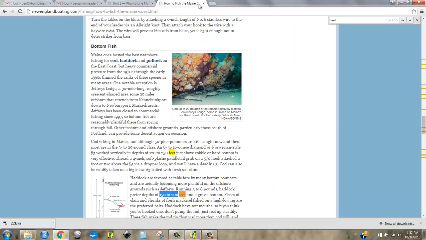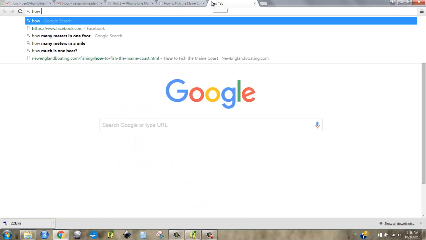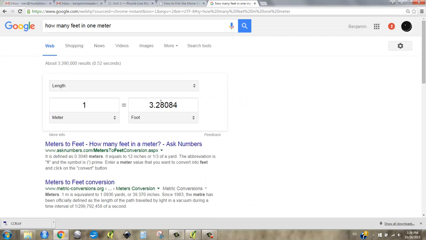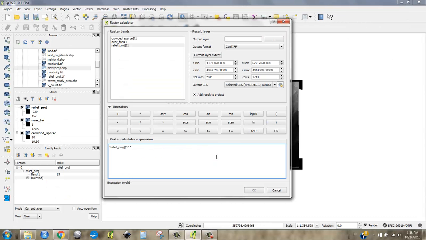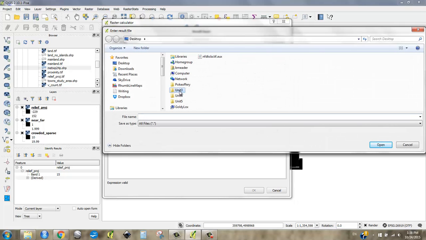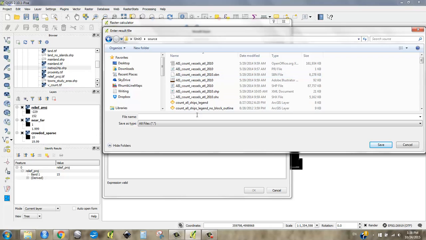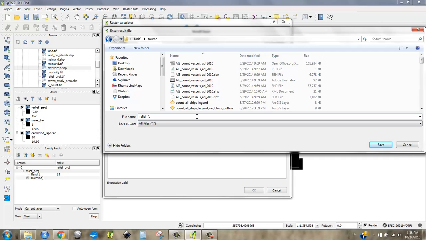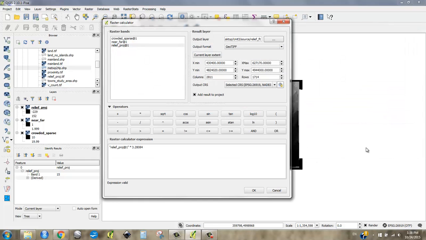And of course I can just go up here and say how many feet in 1 meter, and I get 3.28, so that's good. And I say okay. I'm going to save this new file, I'll keep it as source data, and I'm going to call this relief underscore ft for feet, so that I know the vertical units are in feet. The horizontal units I'm pretty sure are still in meters, but I could check that if I wanted to. So I say okay, that looks good, say okay,